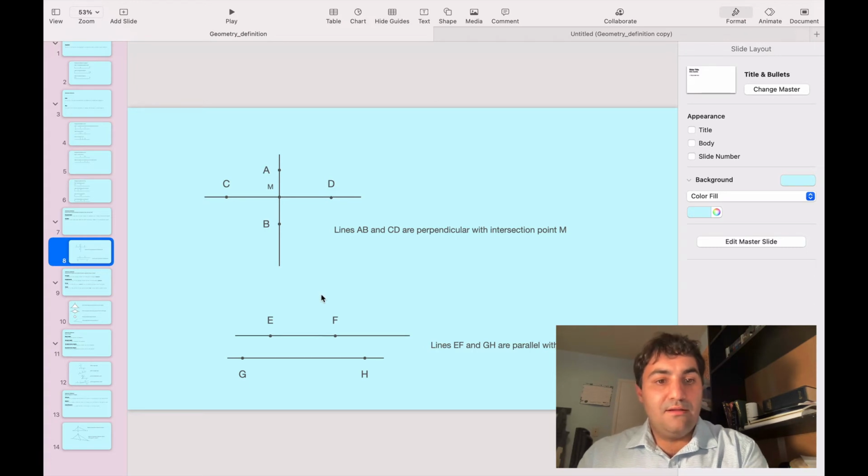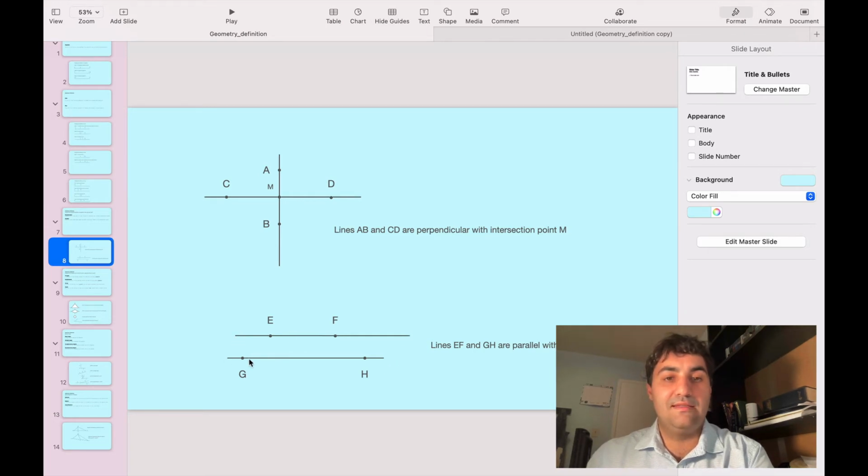So parallel lines never meet each other, so we have to use our imaginations a little bit. I created 2 lines here. The first line is EF, and the second line is GH. Obviously these lines have a definite length. They're inside this slide,